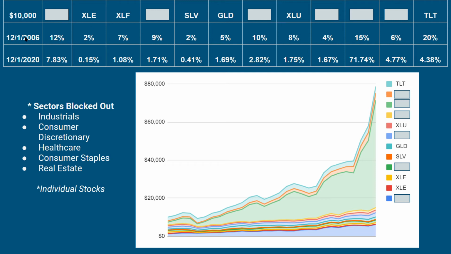Again, this is not a recommendation to invest in any of these, let alone these allocations now going forward, because the past is not an indication of future performance. This is an example. But had you invested $10,000 one time 15 years ago, 12% in this stock, 2% in energy, 7% in financials, and so forth,